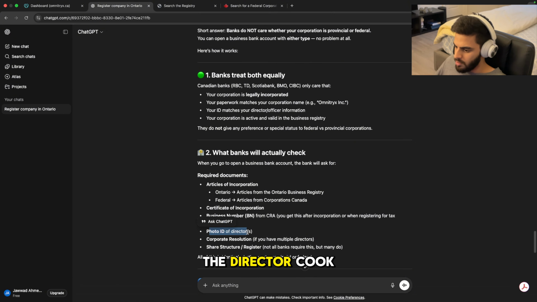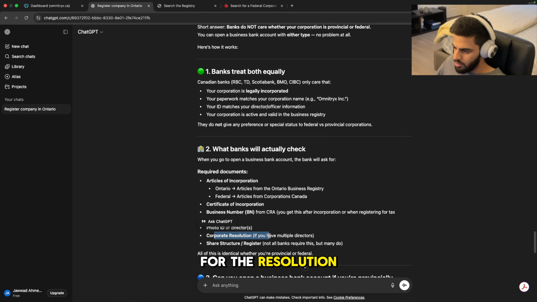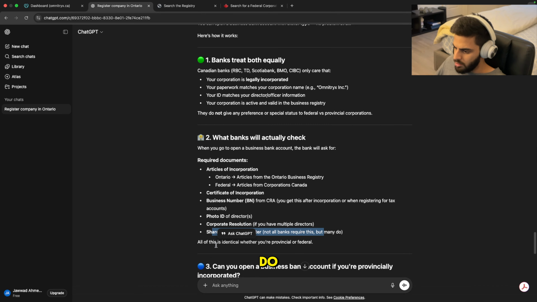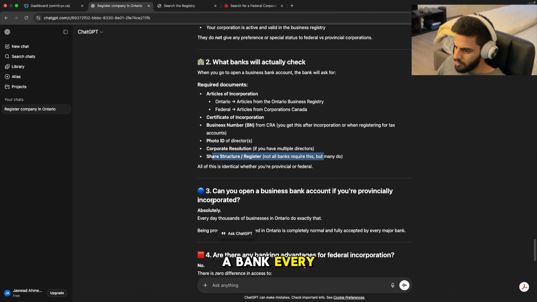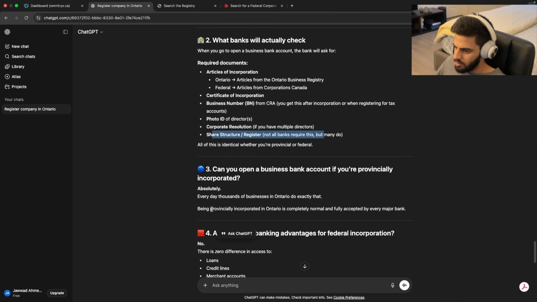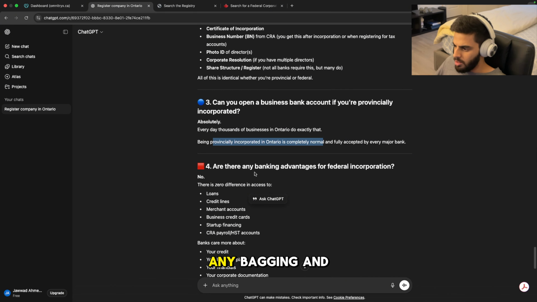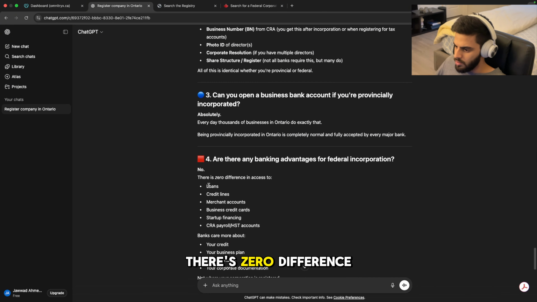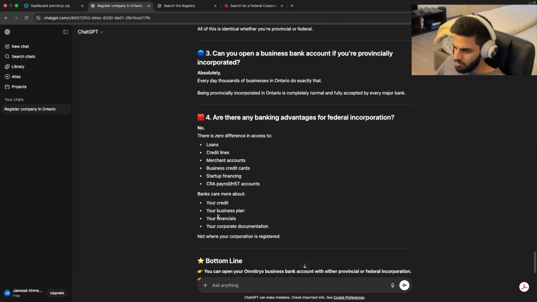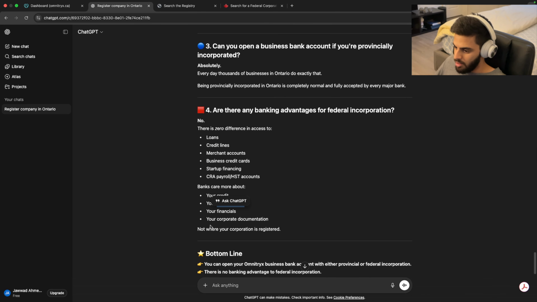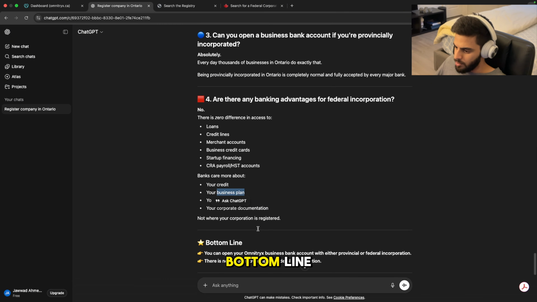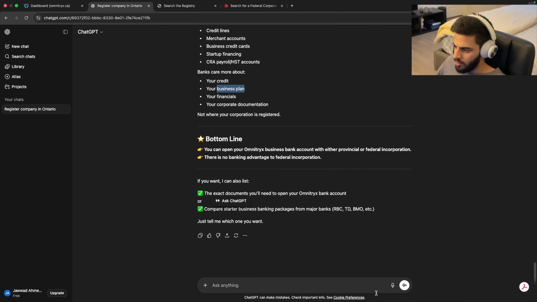Photo ID of the director, cool. Verbal resolution. Share structure and register. Then you open the bank account. Are there any banking advantages? There's zero difference. Do I have a business plan? No, I'm just making one up as I go along. Okay.